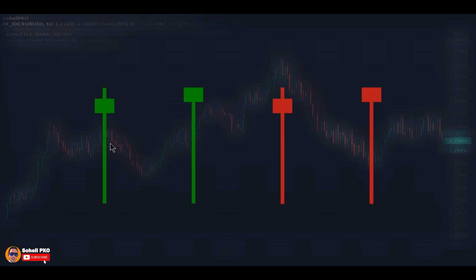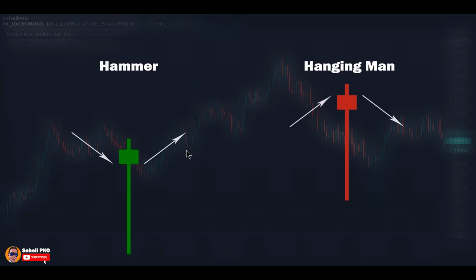This candle is naturally bullish and it shows buying pressure, but in practice, being bullish or bearish depends on where it forms. When it forms at the bottom following a decline or near a support level, it's called a hammer and it shows buying pressure and gives the possibility of a change in the direction of the price. And when it forms at the top following an advance or near a resistance level, it's called a hanging man and it's bearish, showing selling pressure, because the lower shadow shows that sellers were aggressive and strong enough to push the price down significantly while the price was at the top near a resistance level or in an advance, and this gives the possibility that the price may change its direction.